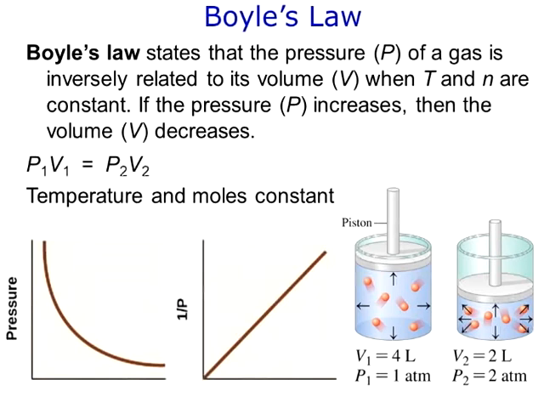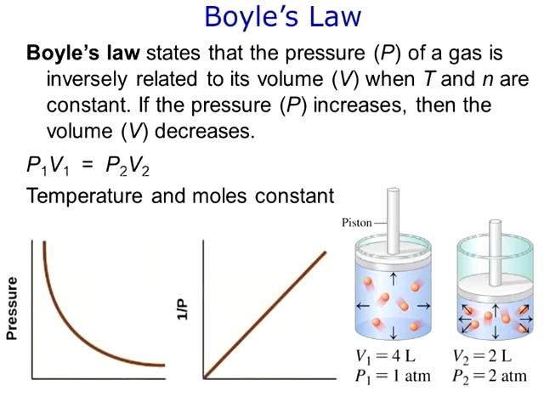And these gas laws are named after famous scientists who did most of the research on the topic. The first one is Boyle's Law. Boyle's Law states that the pressure of a gas is inversely proportional, or inversely related, to its volume when T and N are constant. When it says T or N are constant, don't panic. That simply means they are not in your equation.